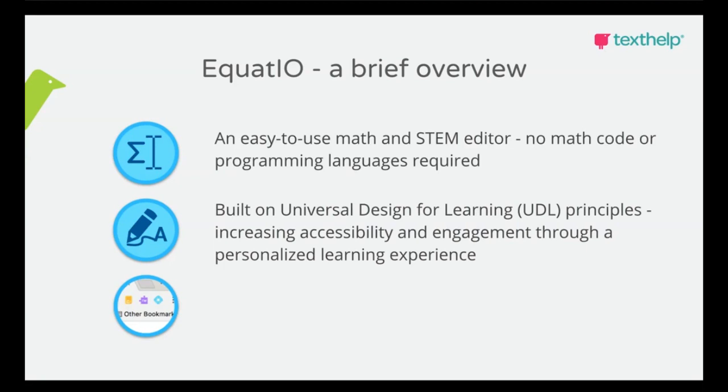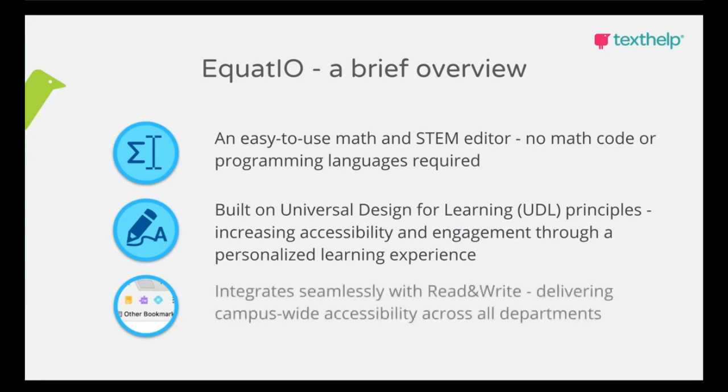So that's kind of the lowest common denominators. I want it to be digital. I don't care how they do it. My goal is for EquatIO to be platform agnostic, device agnostic, and almost like method agnostic. However you choose to create your math or science content, great. We should make it digital and then make it accessible. And then once it's accessible, it's also editable.